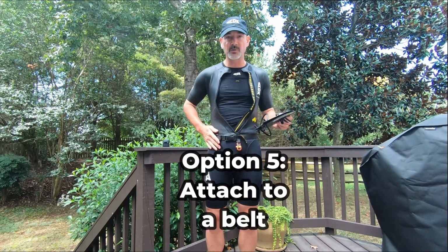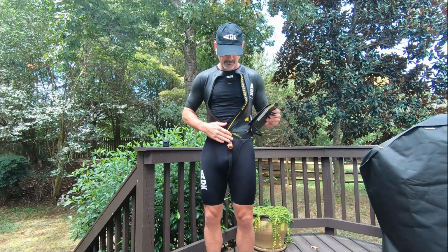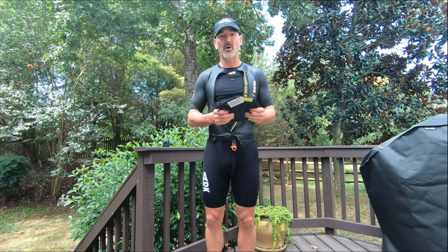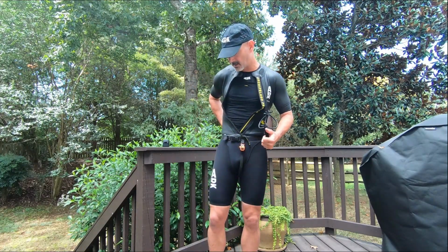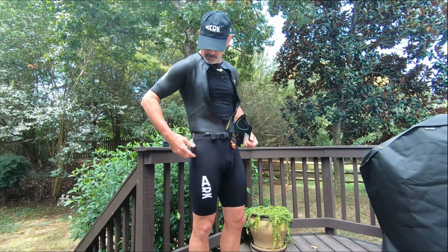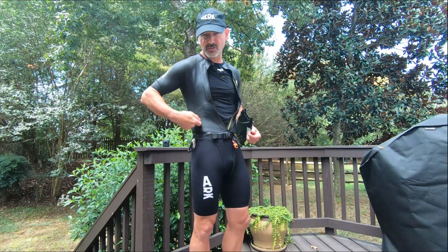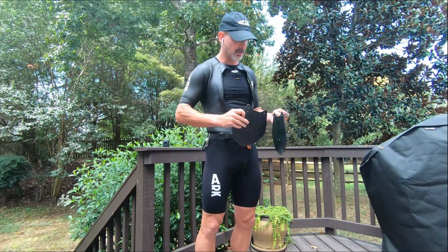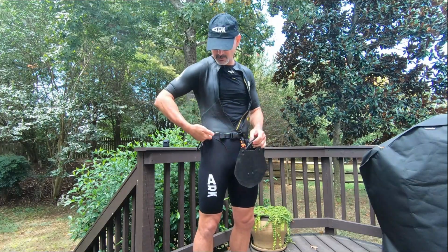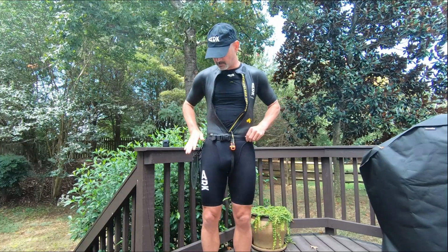Another option is to wear a Swimrun belt. This is a custom-made belt that we have made from Orange Mud, but you can also go up to artsports.com and purchase a Swimrun belt. And then you can attach something like a carabiner or a hook. I've got a little loop here that I've got the carabiner attached to, but you could just carabiner it right into your belt or onto the belt,